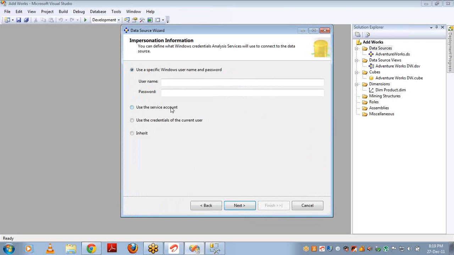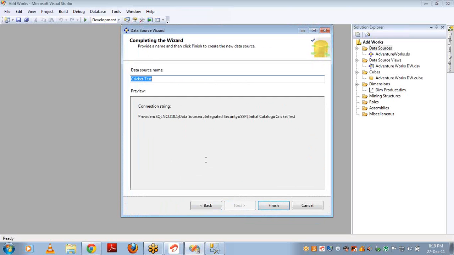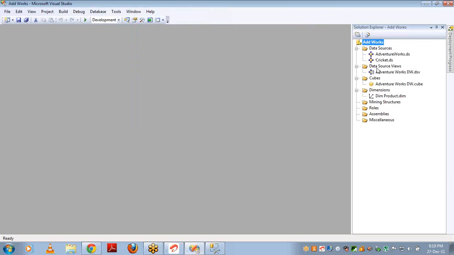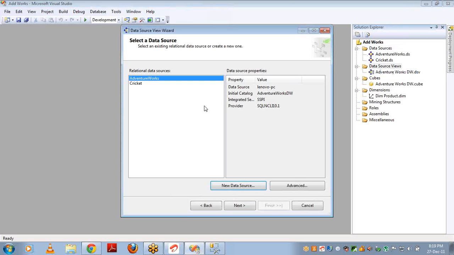Next, I'm giving the service account, and Cricket is the data source name, and I created one more data source here. And let me create a data source view based on Cricket. Here you can see two different data sources, showing what is there under the data sources folder. Now I'm taking the Cricket data source, click on next,